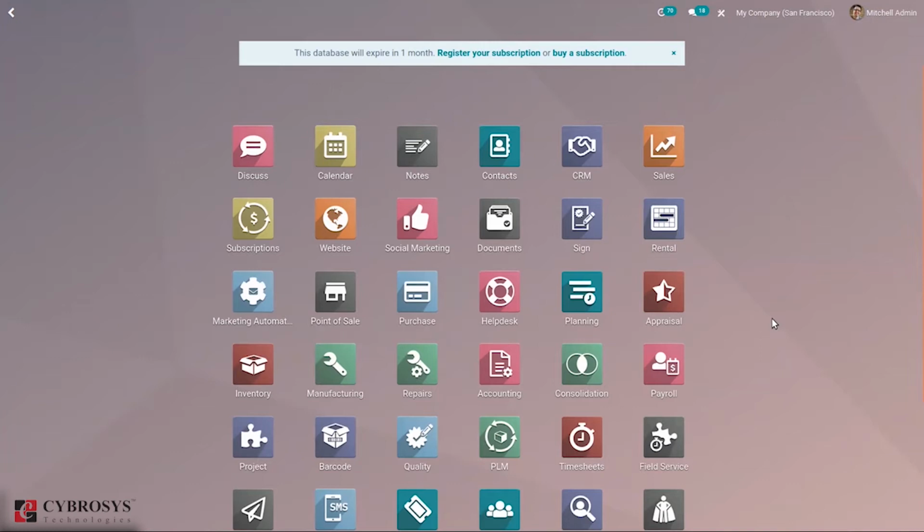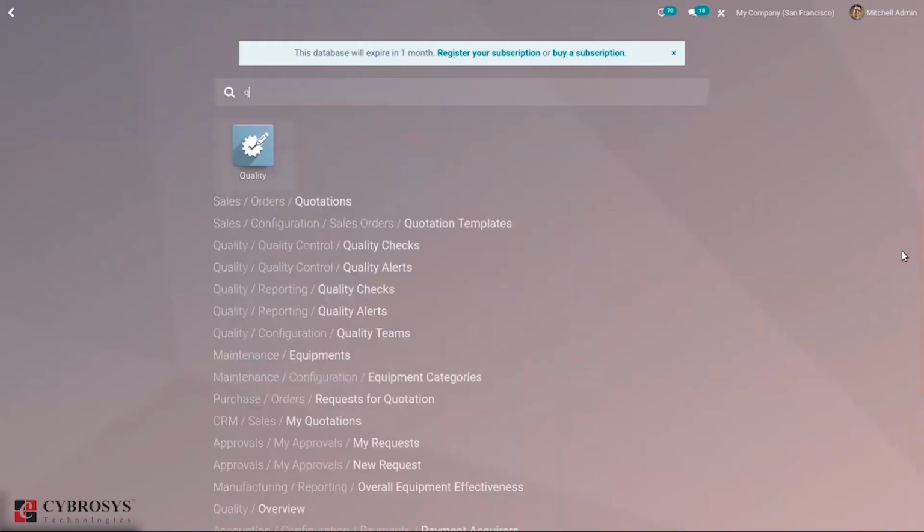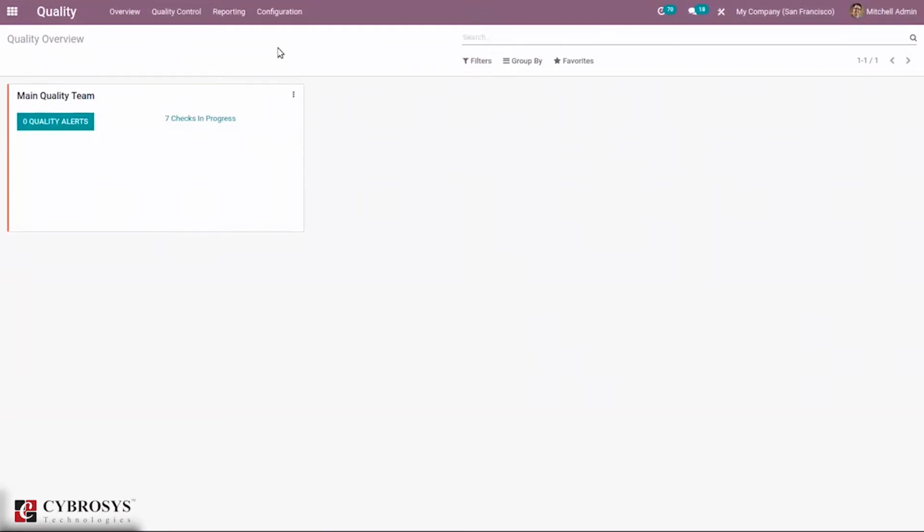So at different stages of production, we can set quality checks. For maintaining these quality checkpoints, we have a quality management module in Odoo 14 manufacturing. When you install quality management, after that you can see a module here for creating quality checkpoints and managing, that is checking the quality of products.